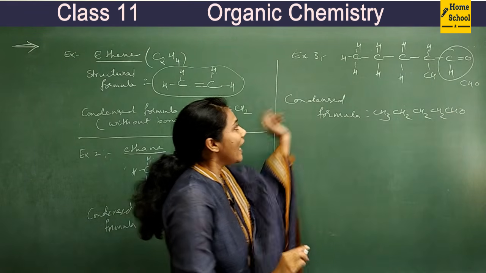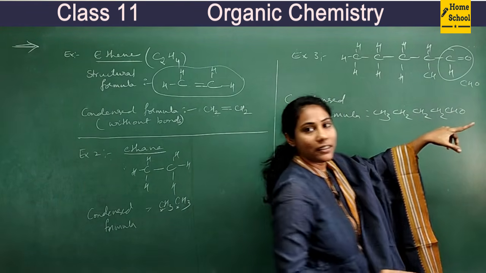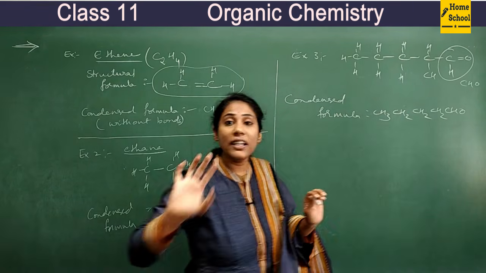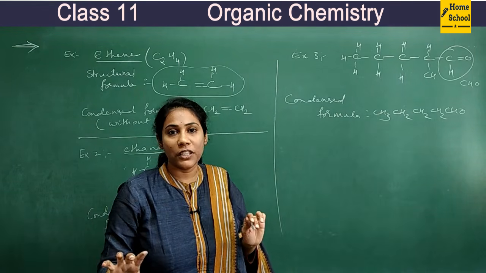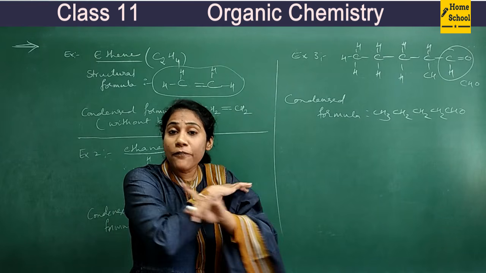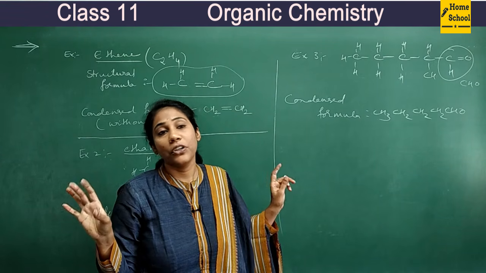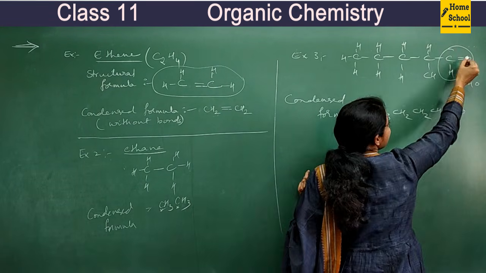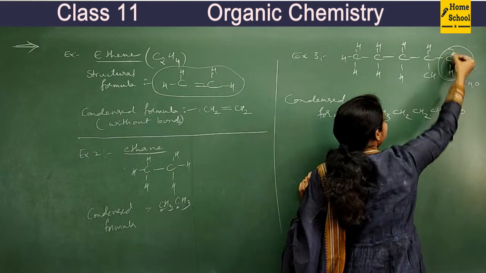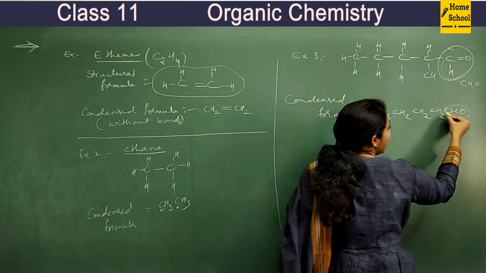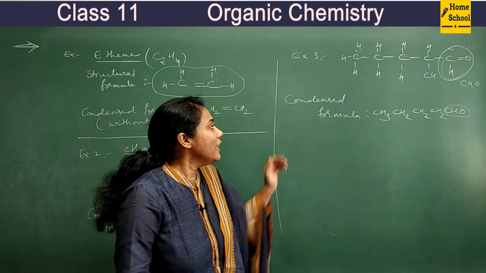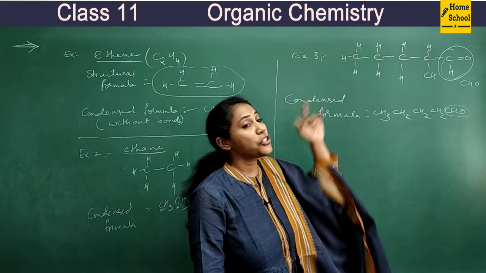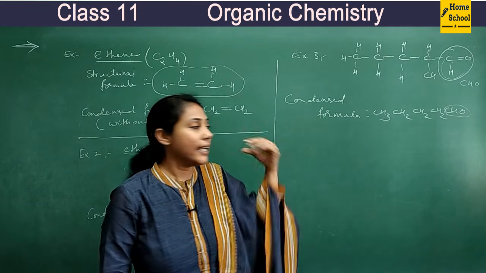That's it. See, I have not mentioned any bond. If between carbon atoms a double bond or triple bond is there, then you have to mention it. Between carbons, if all are single bonds, you need not mention them. In a group, if a double bond is there, you need not mention it. It is the expanded form of CHO. You can just write it as CHO. So this is how condensed formulas can be written when structural formulas are given.